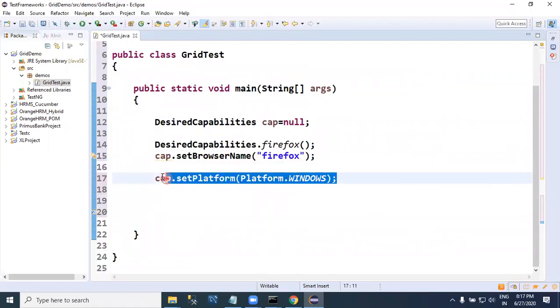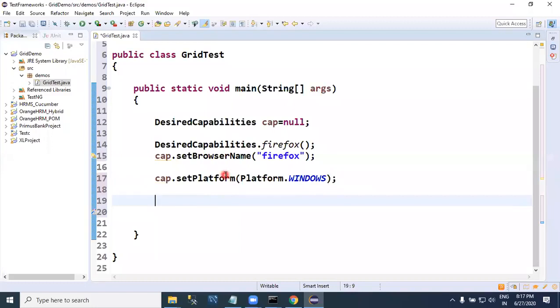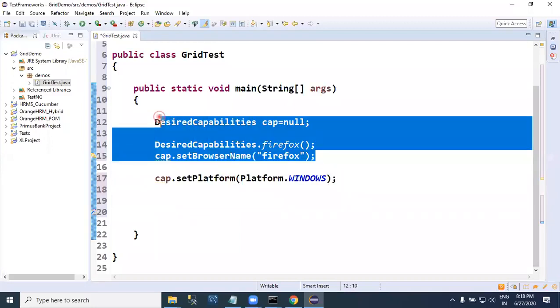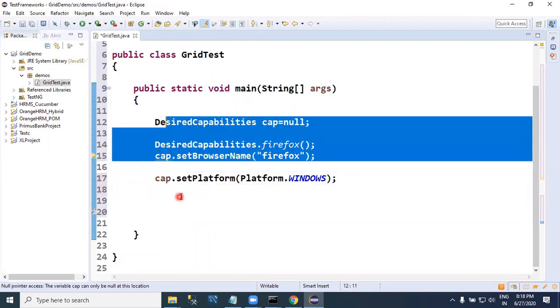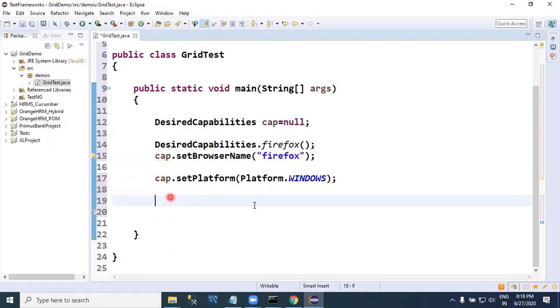In fact, we are running from only a single machine. We have only Windows operating system. On which browser this time I want to run my test case, I have configured Firefox. Actually, this time I hard coded. You can parameterize this. We'll talk about how to parameterize this. Once it is done,